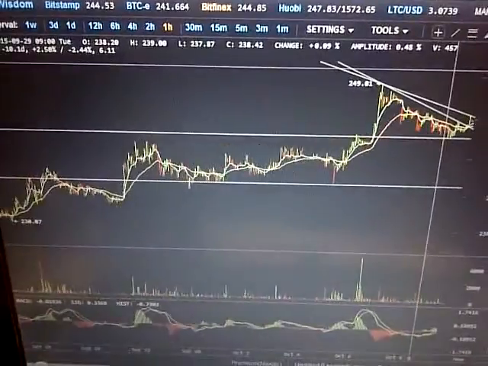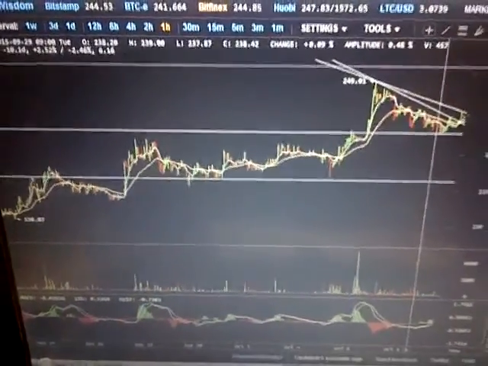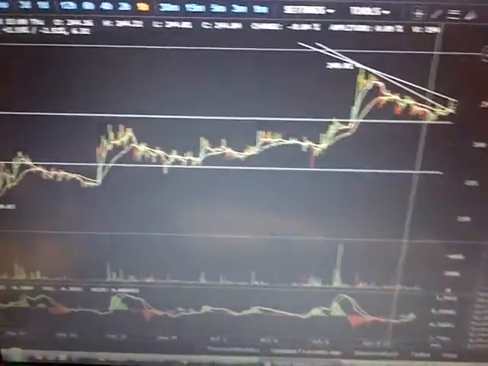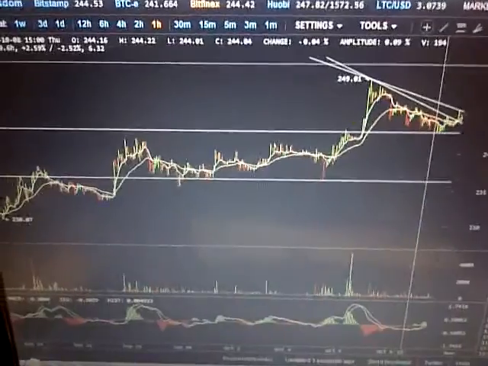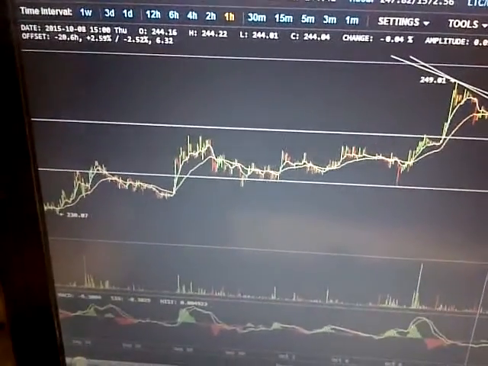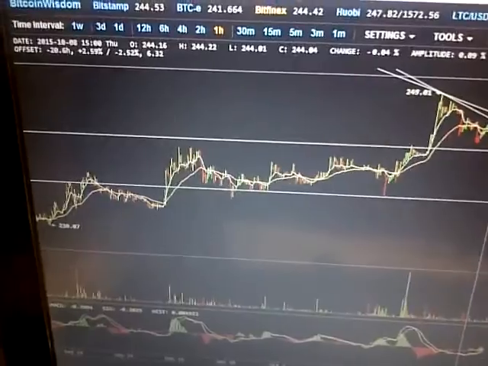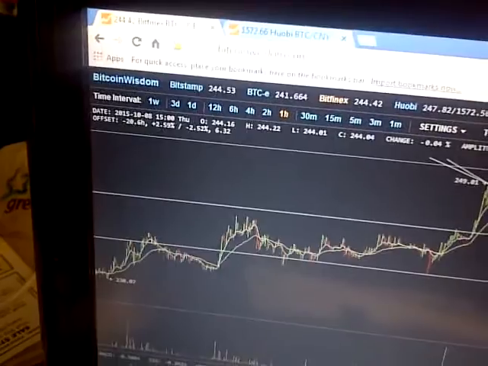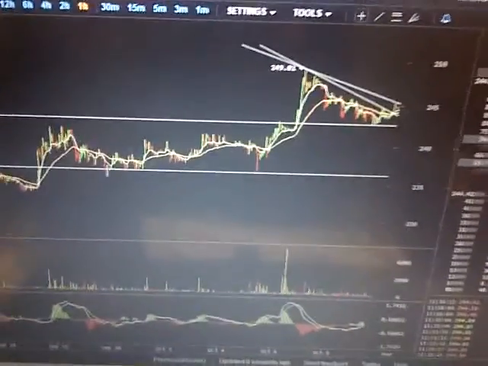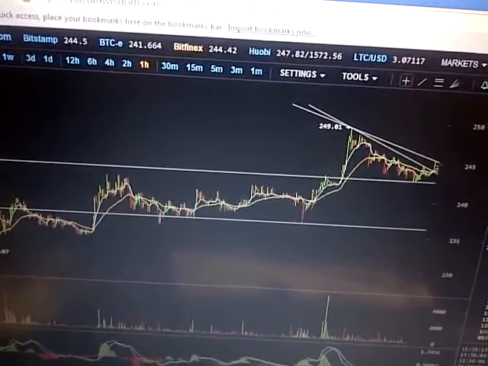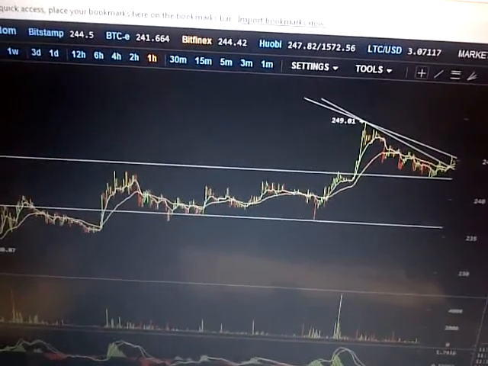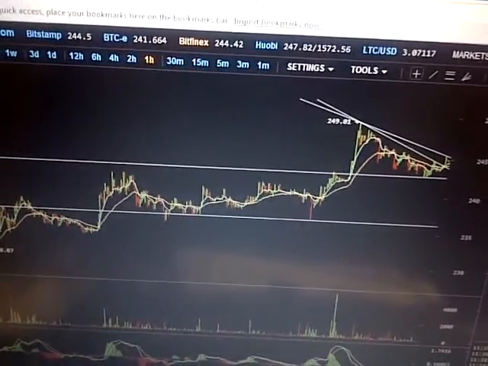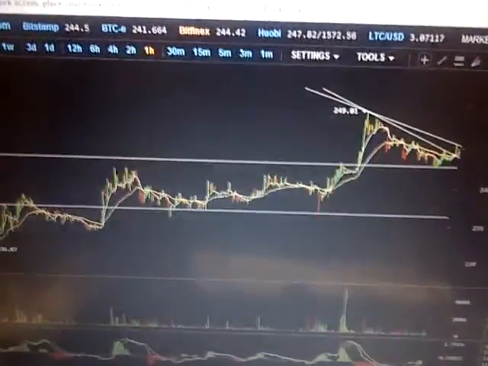I'll try to scroll back here and see the different things here. So I made some vertical lines here, as you can see, and this is not a vertical line. This is just my crosshairs. Oops. If I can get that going. Oh, my mouse doesn't seem to work for some reason now. Okay, there it is. Sorry. Okay. So anyways,